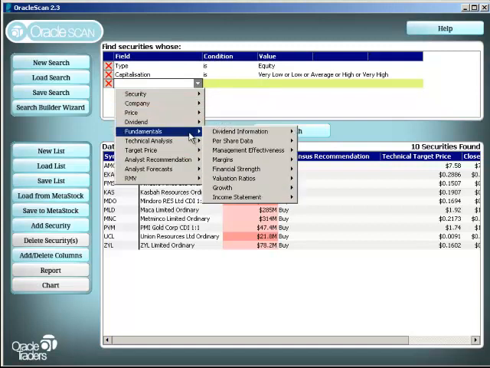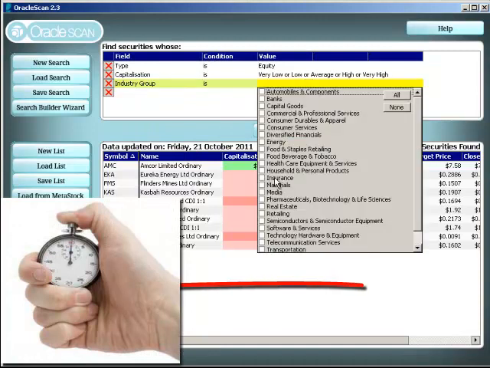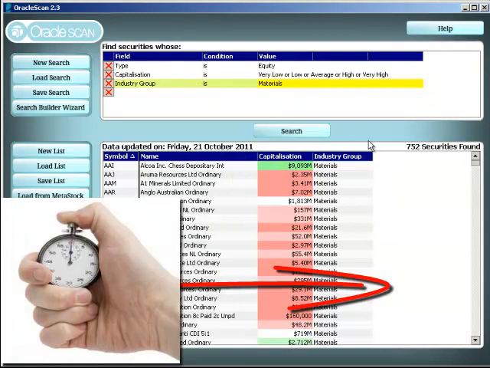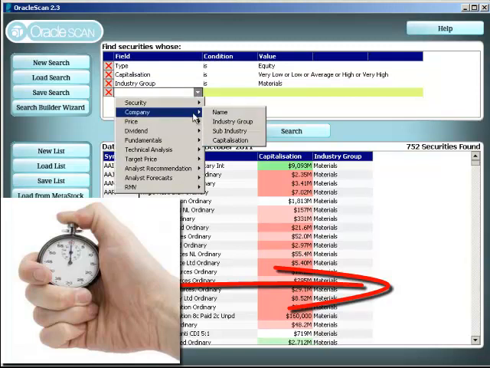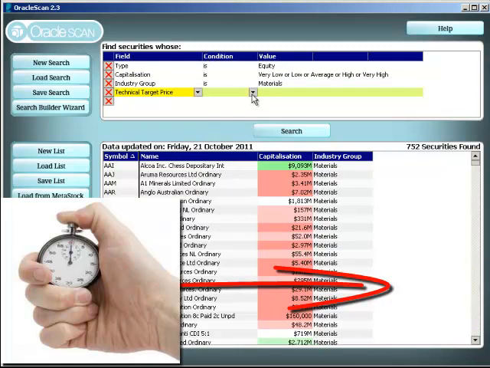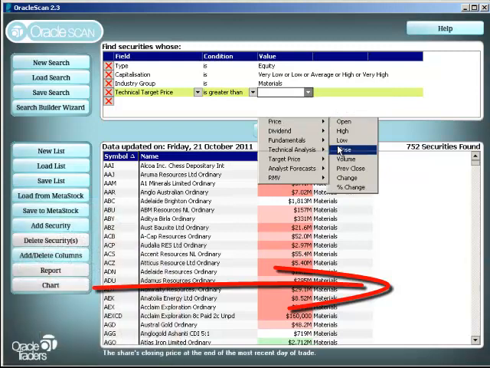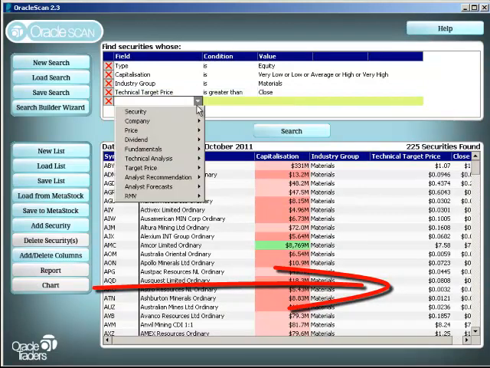And you can see with the drop down list, it's very easy to use. You select what you're interested in. Let's say, for example, you're interested in the materials sector. You can say, okay, give me all the stocks on the materials sector, in this case 750 of them, and then you can say, okay, well, of these 750 stocks, which is undervalued according to the technical target price. Just like before, we do a search. So out of the whole material sector, according to technical analysis, there is 225 stocks that